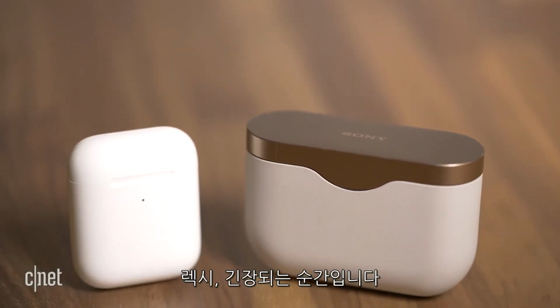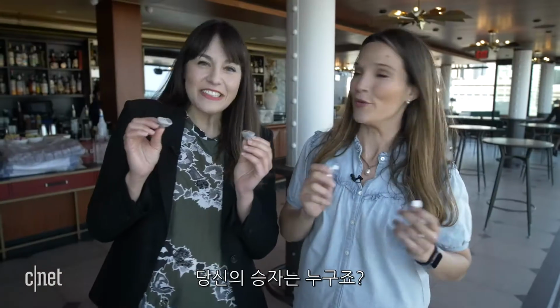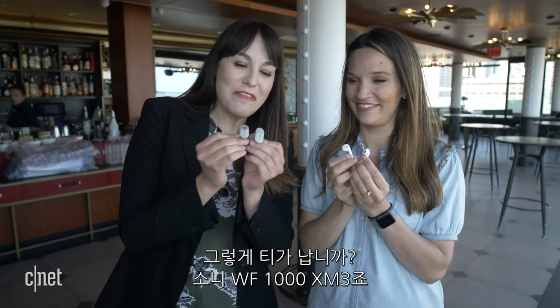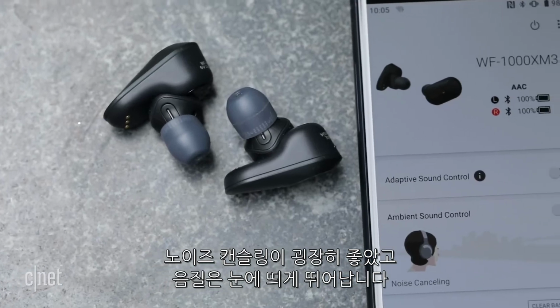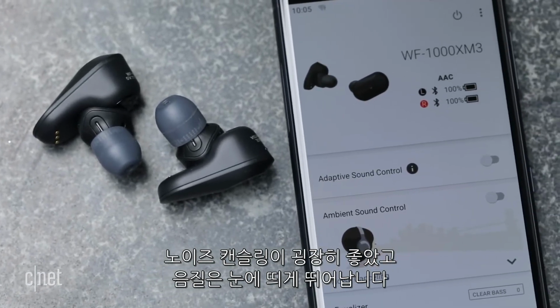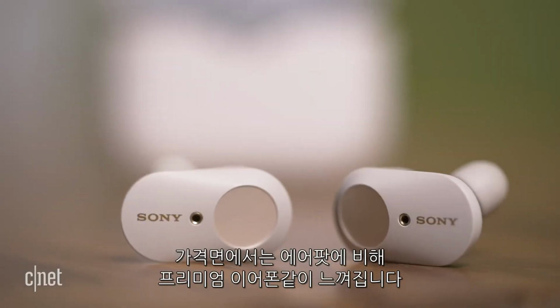All right, Lexi, it is crunch time. I'm gonna turn to you and pretend like I don't know which ones you're gonna choose and ask which ones were your winners. Is it that obvious? It's the Sony WF-1000XM3. Wish they had a catchy name, but regardless, I love the noise cancellation. The sound quality is off the charts,